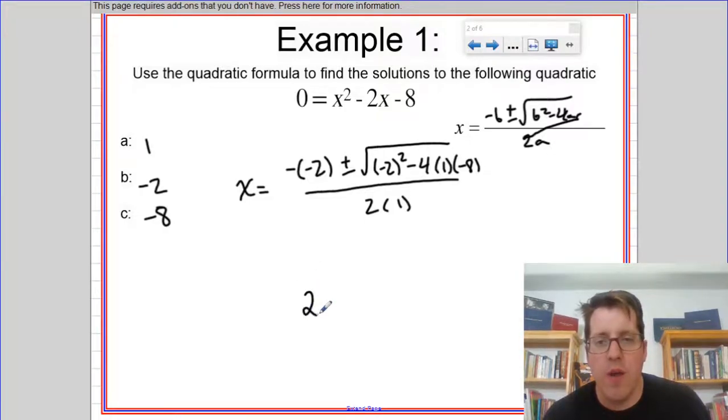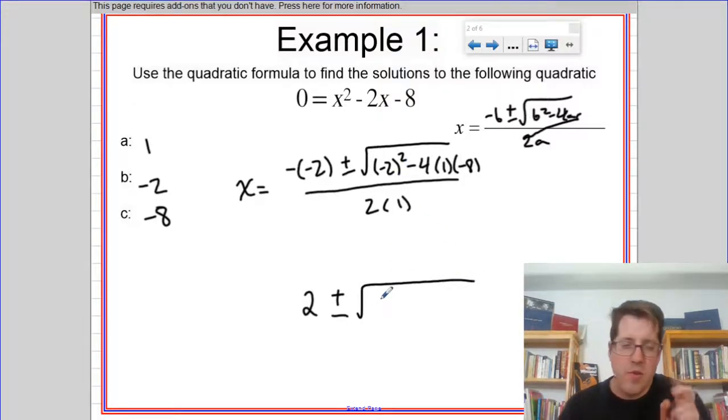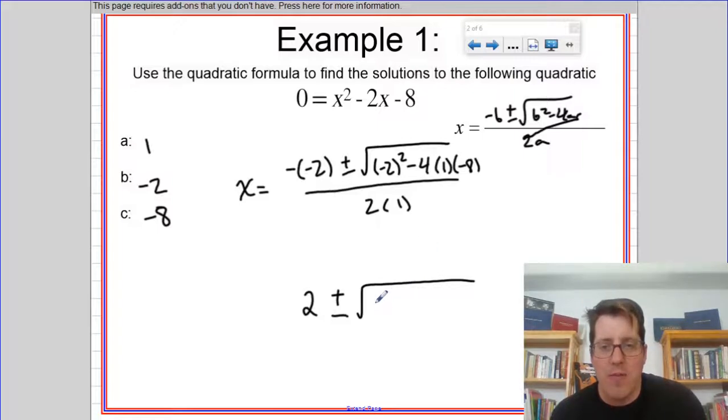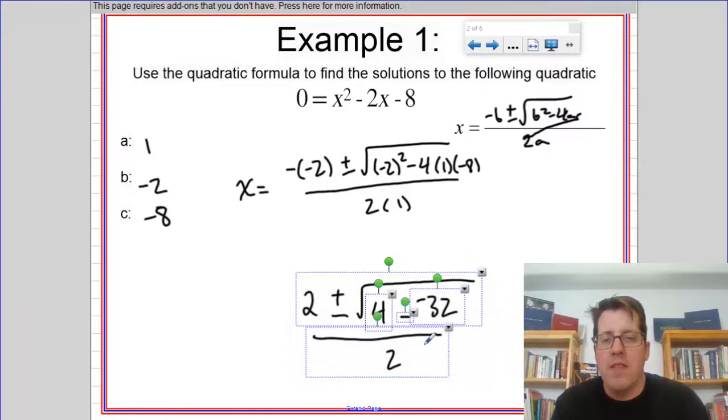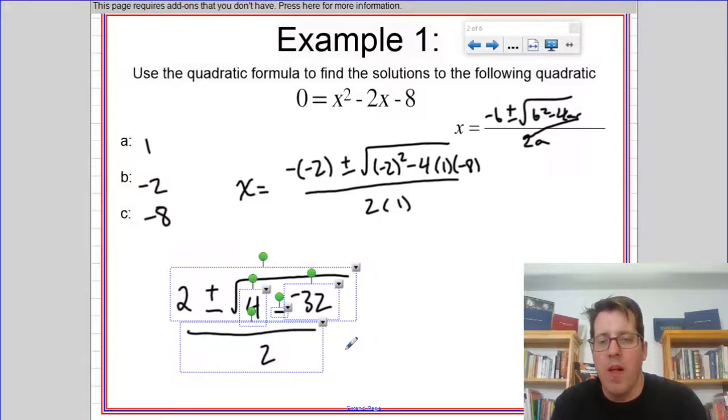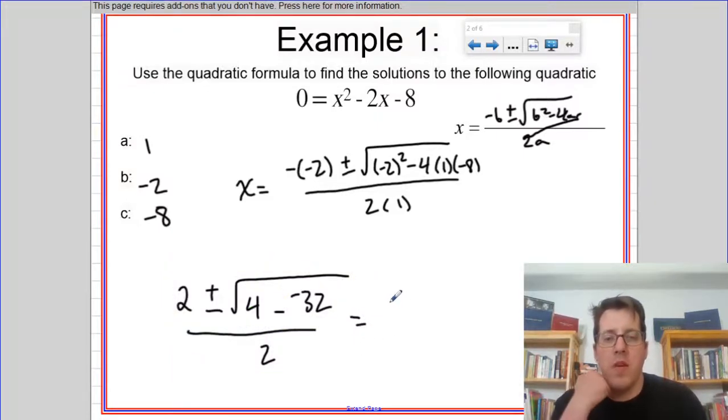Okay, so for starters, you're going to get rid of any minus and negatives that you might see. So let's turn that into a positive 2. You're going to square that negative 2. Remember, negative 2 times negative 2 equals positive 4. Minus 4 times 1 times negative 8, that's minus negative 32. All over 2. So this is starting to look a whole lot easier. Now, of course, when I have minus a negative, that means plus. So this is going to be 2 plus or minus the square root of